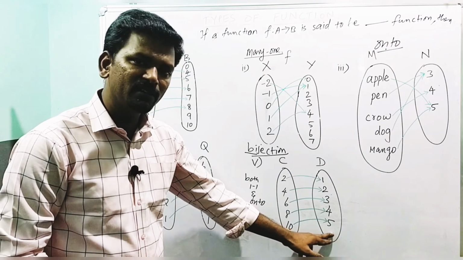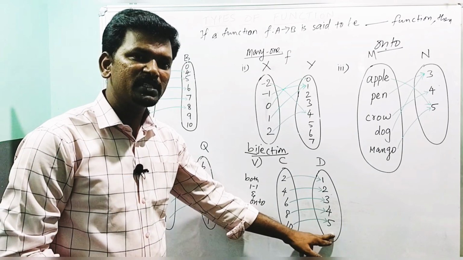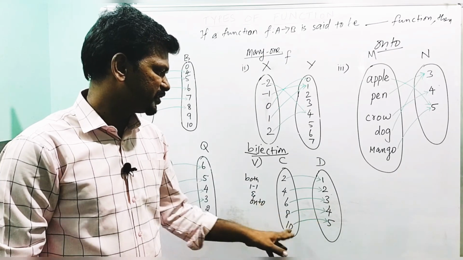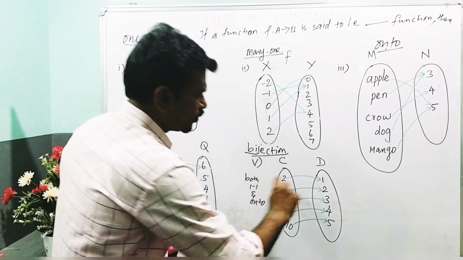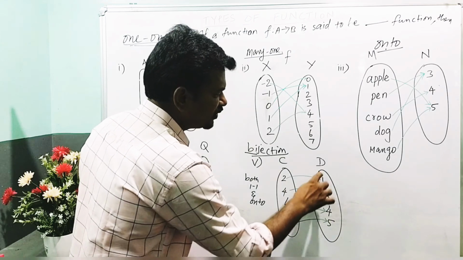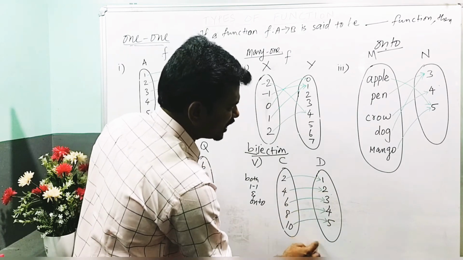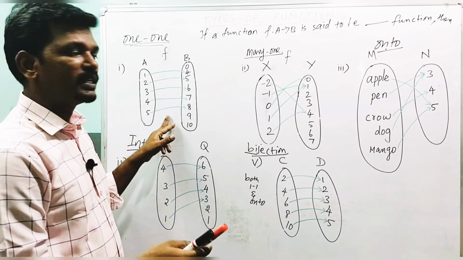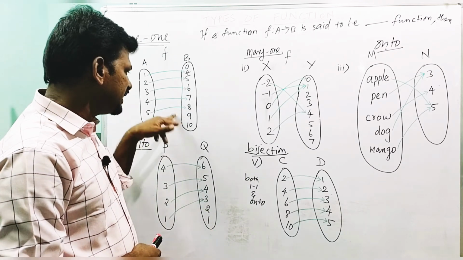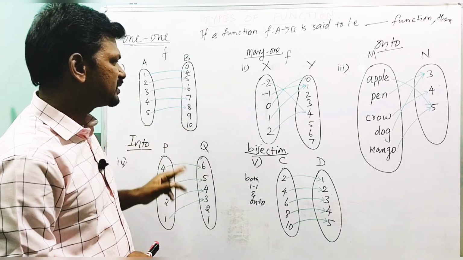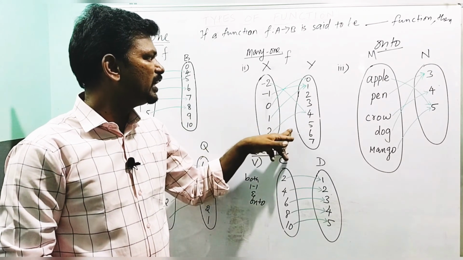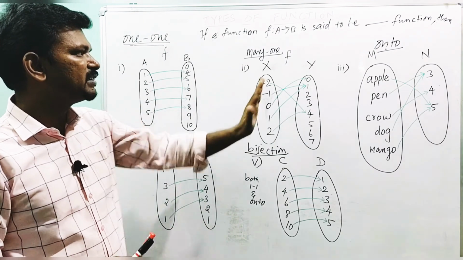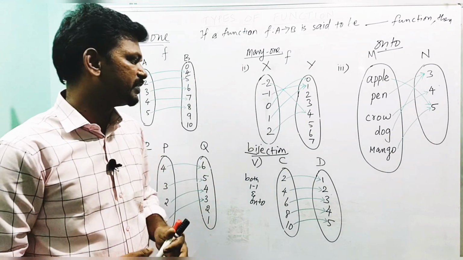No element is without a pre-image. All the elements have a pre-image. So this is a 1-to-1 connection, and also everything has a pre-image. So it is both one-one and onto. This is one-one but not onto, one-one into, because 2 elements have no pre-image. This is many-one into. So these are the basic 5 different types of function.